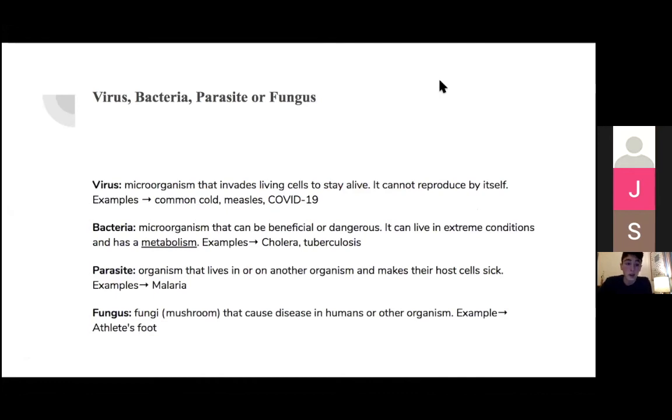Right. So a virus is a microorganism that invades living cells to stay alive. It cannot reproduce by itself. An example of a virus is the common cold, measles, and COVID-19. A bacteria is a microorganism that can be beneficial or dangerous. It can live in extreme conditions and has a metabolism, which is the set of chemical processes happening inside a living organism. Examples of bacteria are cholera,